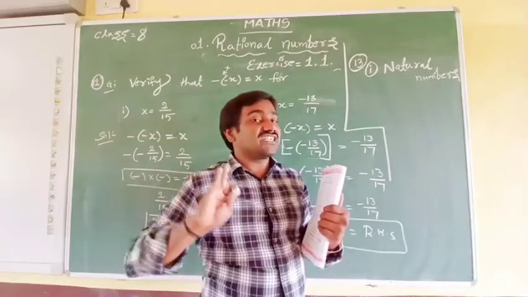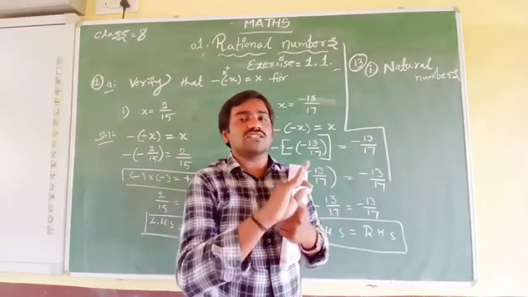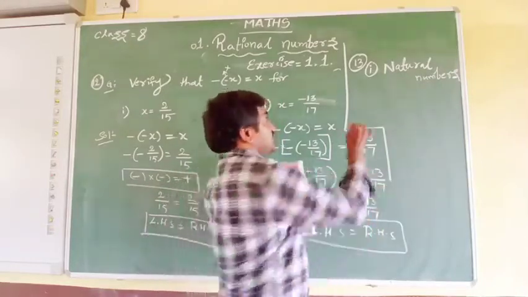Which set of numbers doesn't contain the additive identity? That is the natural numbers, which don't contain any additive identity. Then,